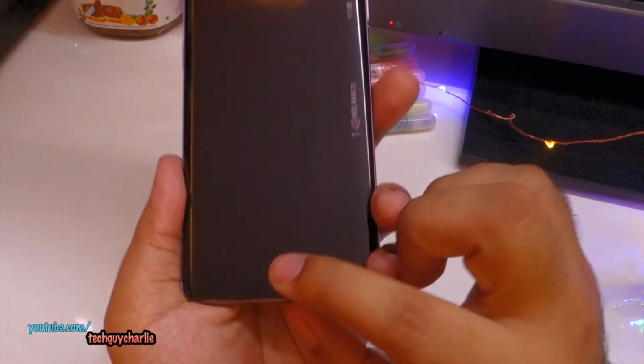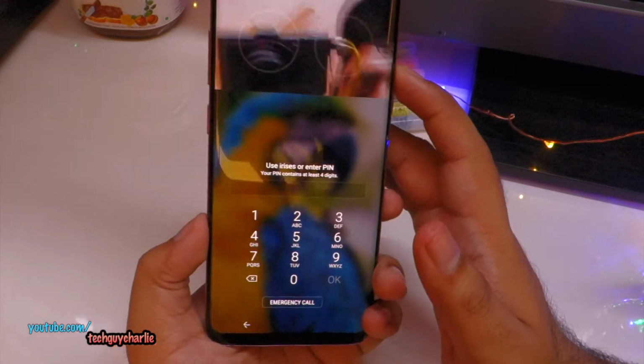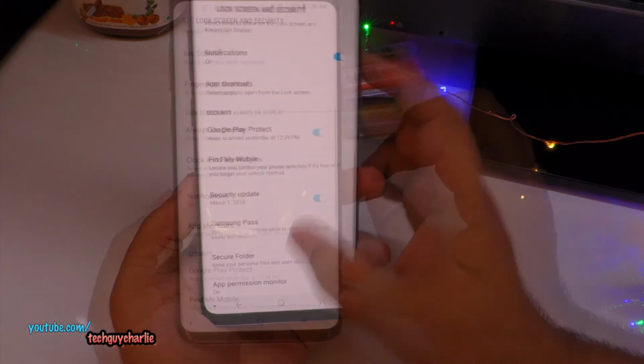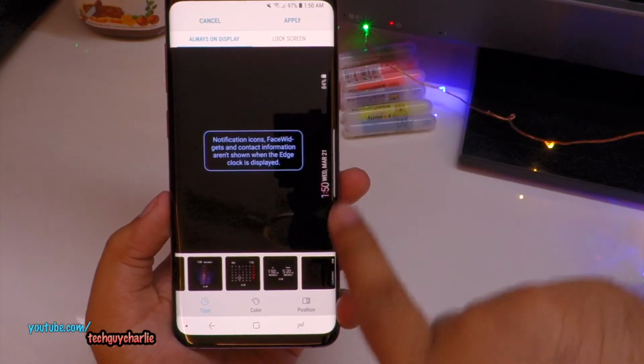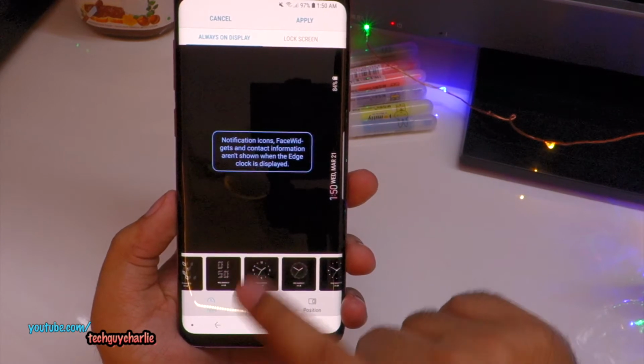And like I said, this is a pressure sensitive button. You can unlock your phone like this. So let me just unlock it with my iris. So there you go. Very fast and very easy. And for always on display, you have some different clocks and face widgets. So I have selected this one, the edge clock, and you have all these different customizations, and you can select